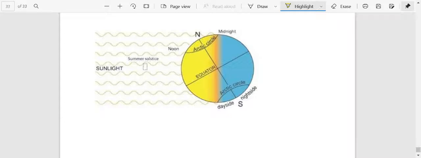This is a picture. Summer solstice, this is the night side, and this is the equator. So this part is getting the summer solstice, and this part is getting the winter solstice, and it's night side and day side, and because of rotation, this place is facing the sun, so it's day side here